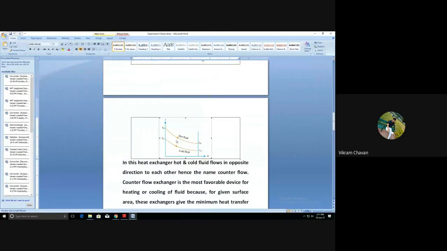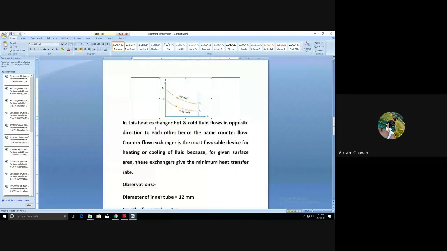So if you check this particular temperature profile diagram for the counter flow heat exchanger, you come to know that the hot fluid temperature is decreasing in the x direction. Also the cold fluid temperature is decreasing in the positive x direction, if you consider the positive x direction. So in the negative x direction the cold fluid temperature is increasing. And you have to show the appropriate arrows to identify whether the heat exchanger is a parallel flow heat exchanger or the counter flow heat exchanger.